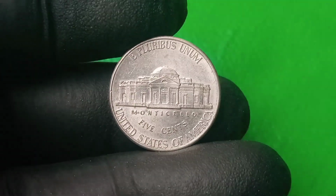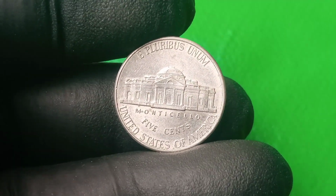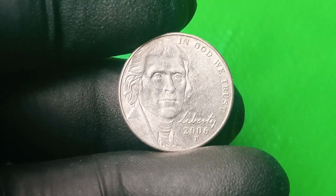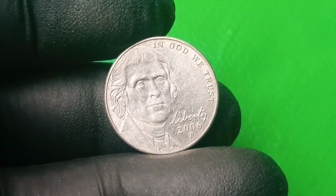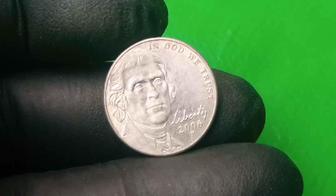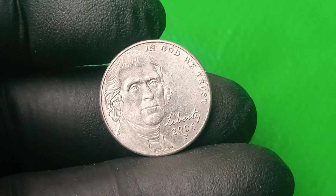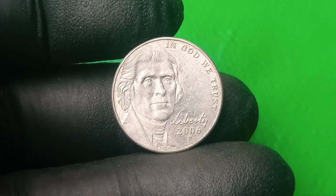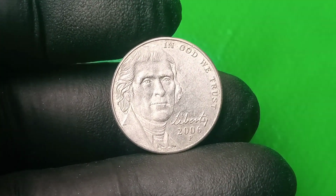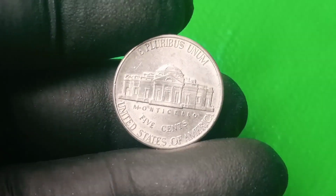Was it also a covert testing year, a year of rogue experimentation with die alignment, with hub strength, with altered die faces meant to prepare for digital engraving techniques still in their infancy? And if so, did the Mint's evolving tech leave behind unintended artifacts in the form of mismatched details, like the Jefferson profile that appears slightly elongated on some 2006 P nickels, his jaw softened, eye misaligned, and ponytail bunched unnaturally low, suggesting either extreme die wear or the use of an alternative master hub that was meant to be discarded